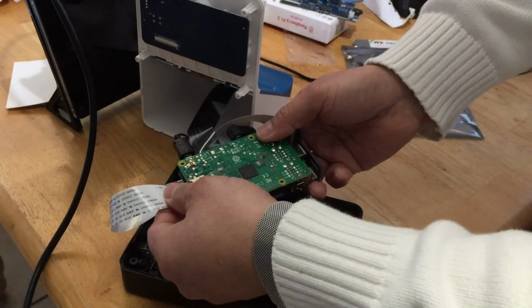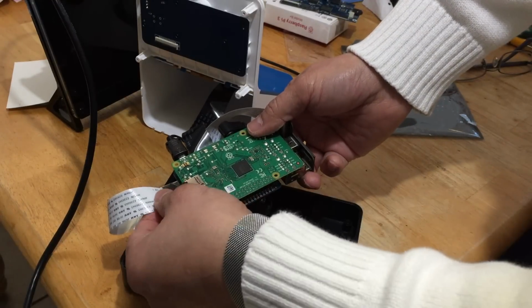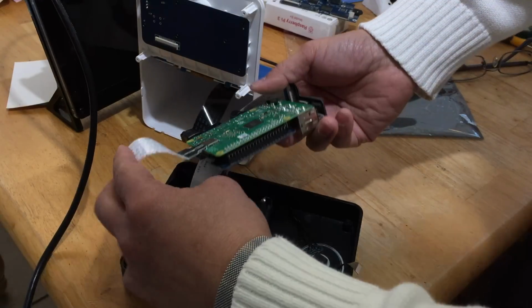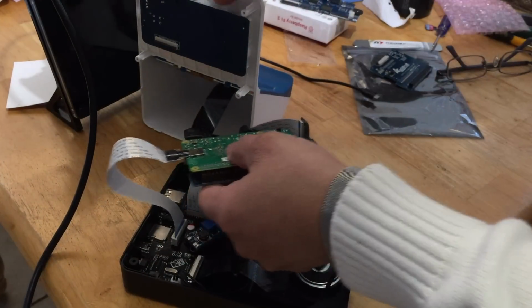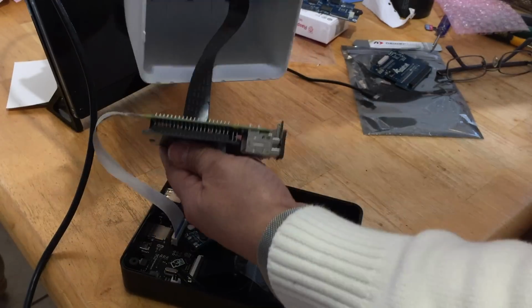Okay, this thing doesn't click or anything because it's Raspberry Pi, it never clicks. So when you push, you can't push no more. That's pretty much it. Okay, all right. So let me turn this in a way so that